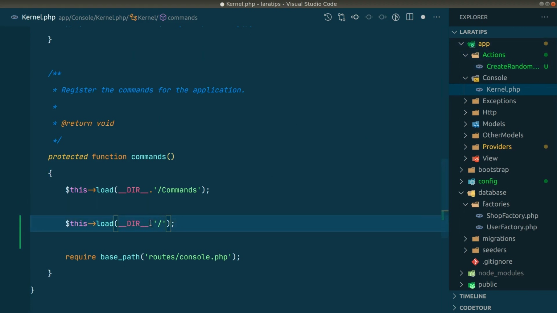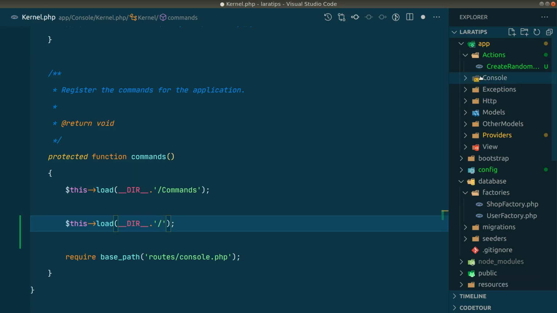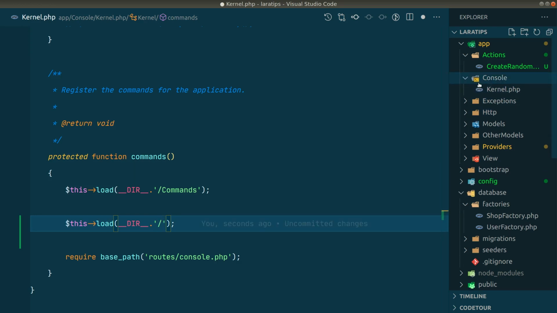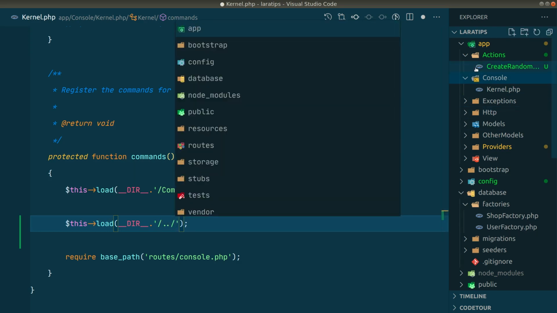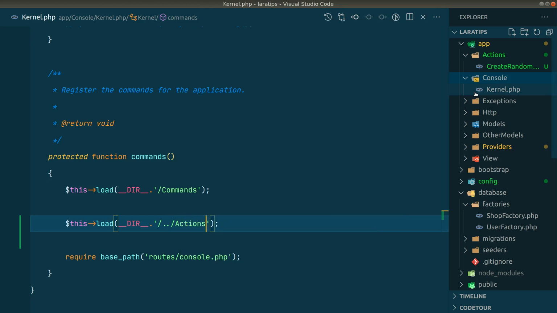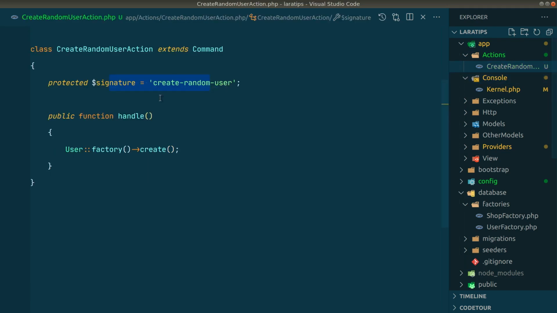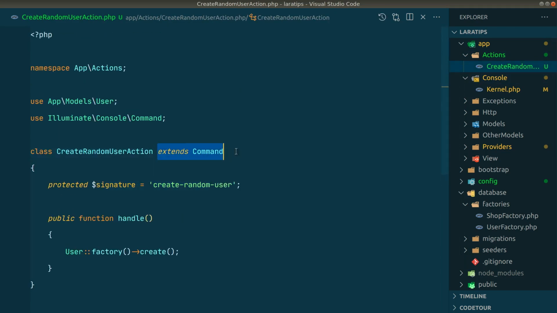This current directory is this kernel directory, and if you go one step back, then it will take us to this console. So we'll go one step back and it will take us to the level of this console, and here we'll write actions like this. Now everything that is inside this actions folder and all the classes that are extending this Command will show up as an artisan command.